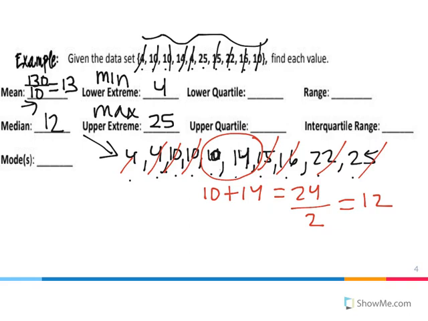Okay, and then the most number that occurred was 10 because I saw that it happened 3 times. And then now I'm going to make sure, let's actually label these. So my median is also my Q2. We have my min, my max, and then now we're going to actually figure out, since we have the divide